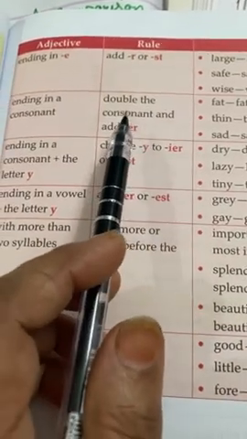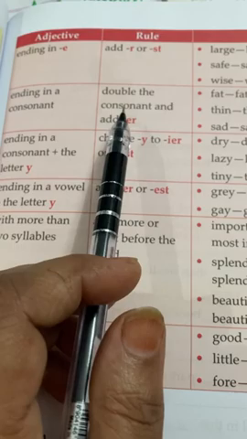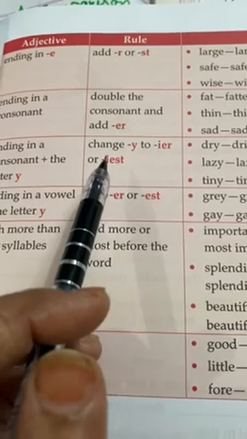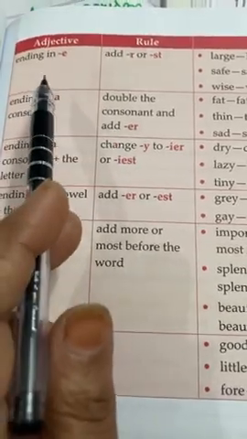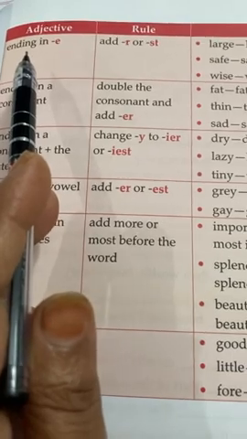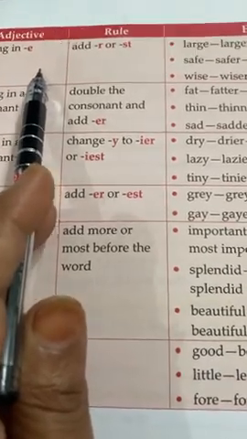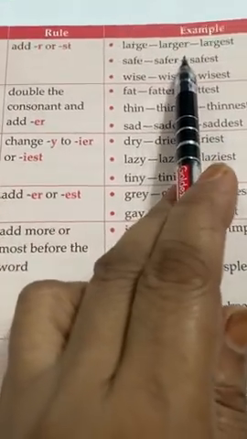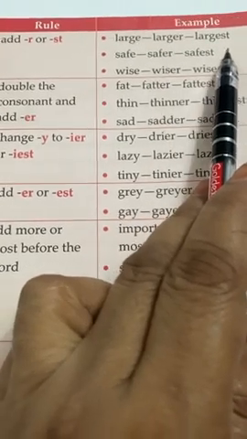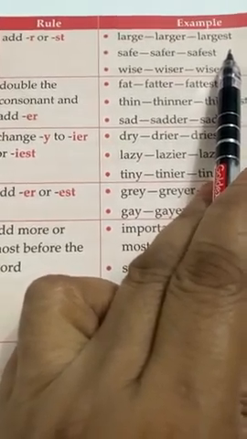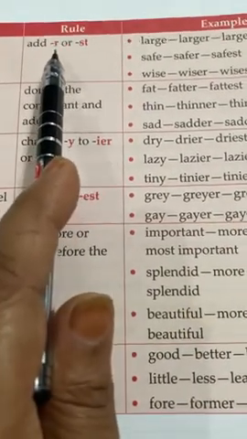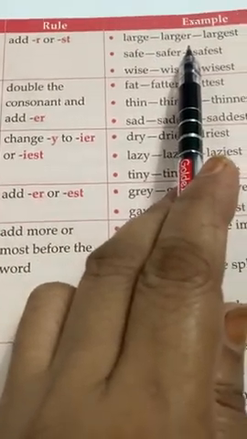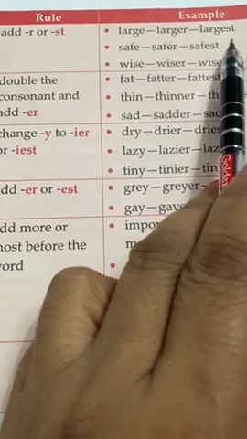Now students, here we will discuss how we can form the different forms of adjectives. So here we will discuss a few rules of making degrees. So what is the first rule? Just have a look. If an adjective ends with E, how can we make comparative or superlative degree? We can create comparative degree by adding R and superlative by adding ST. Okay, so if an adjective ends with E, we can make comparative by adding R and superlative by adding ST. This is rule number 1.